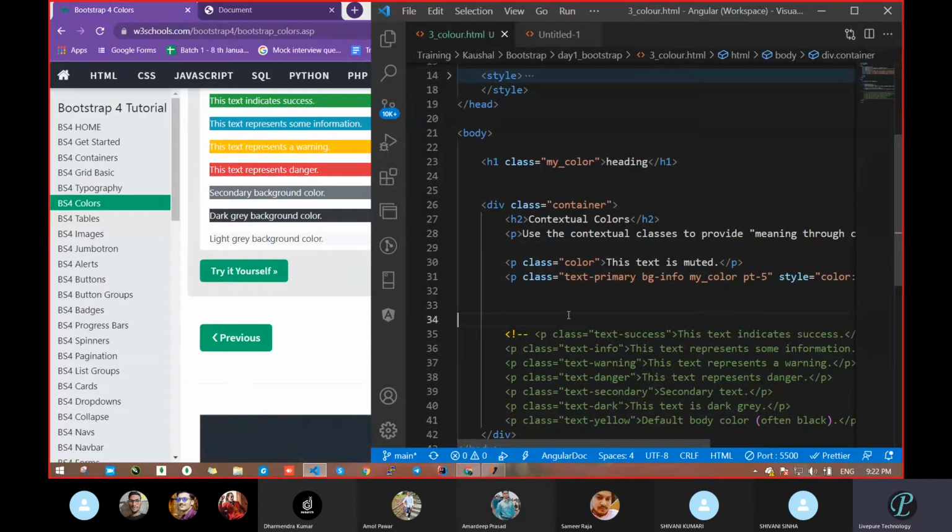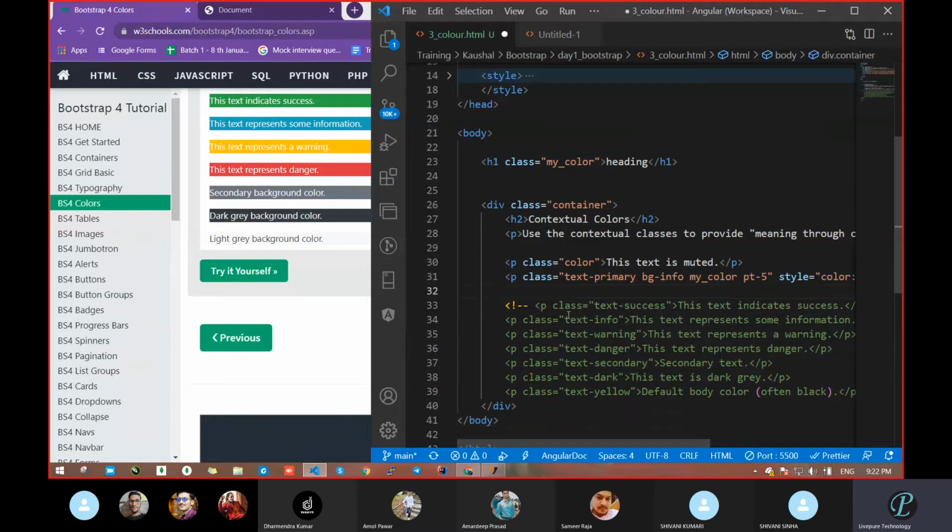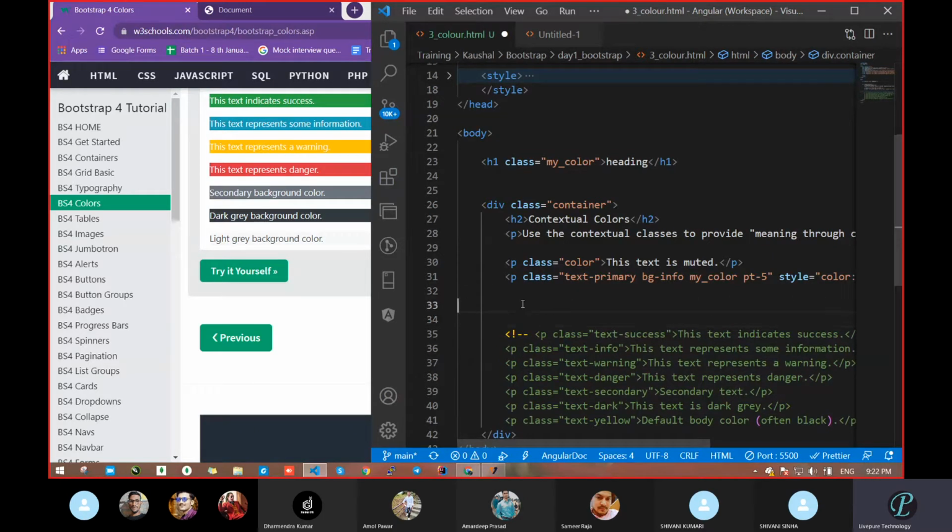Samir, 2 minutes. Carry on. Cool down. So see what we had done. We covered how we can make a text color, and then how we can set a background color, and then our own style also, and then we looked at padding and margin. That's over. Nice. Up to here, anyone having any issue?